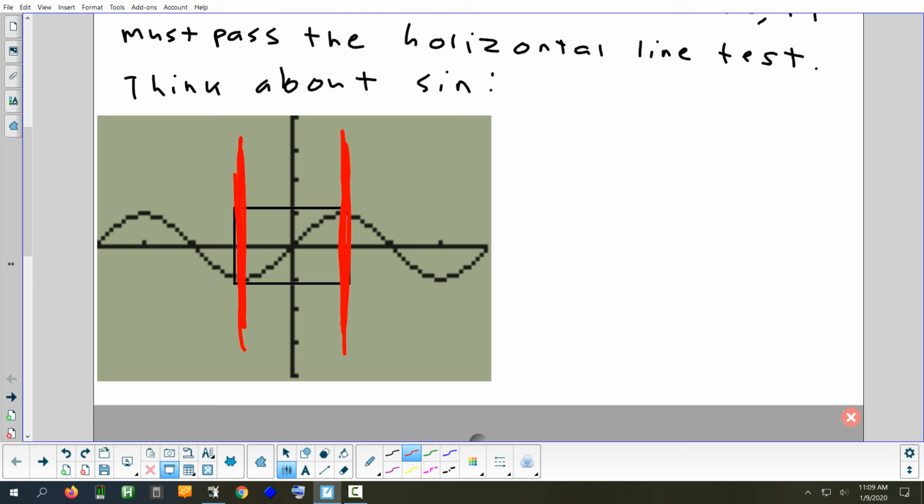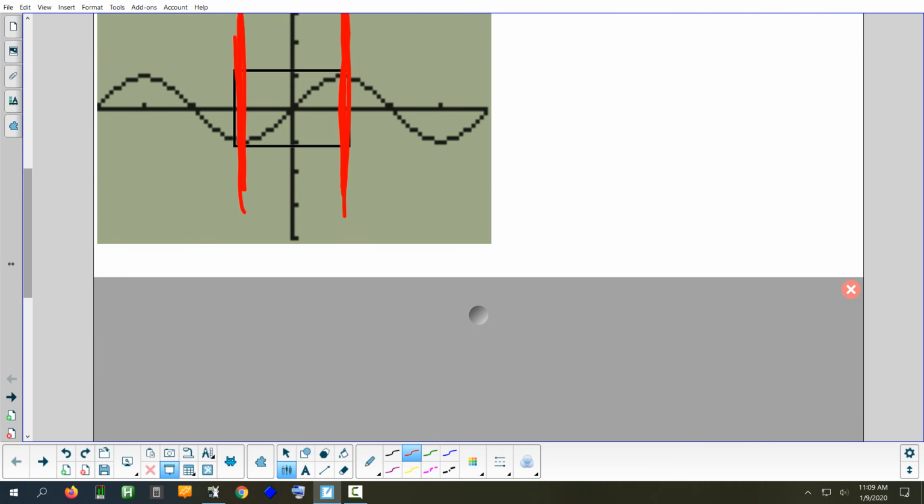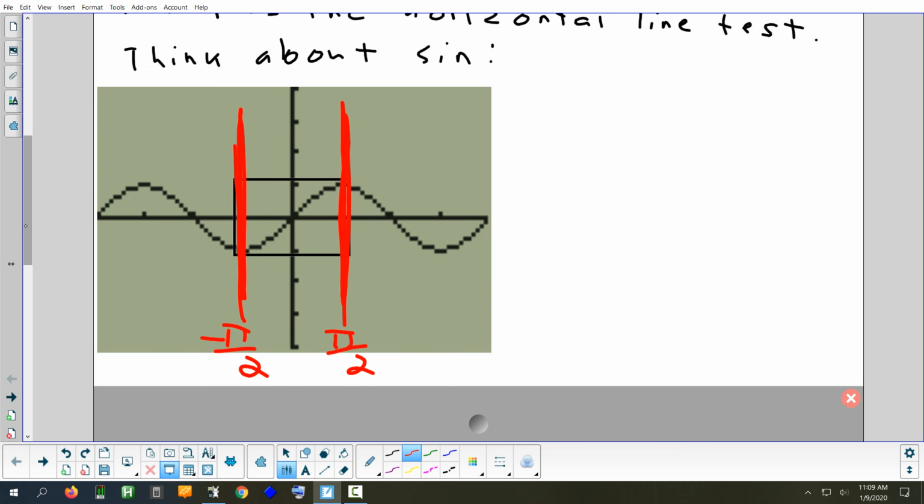What is it? Yeah, pi over 2. So what we're going to do when we do inverse sine is restrict the domain of the original to only look between negative pi over 2 and pi over 2. By doing that, we are forcing the graph of sine to pass the horizontal line test,